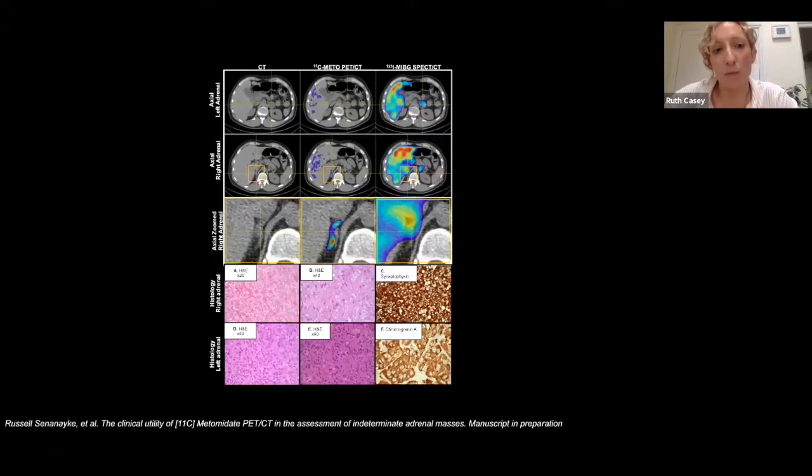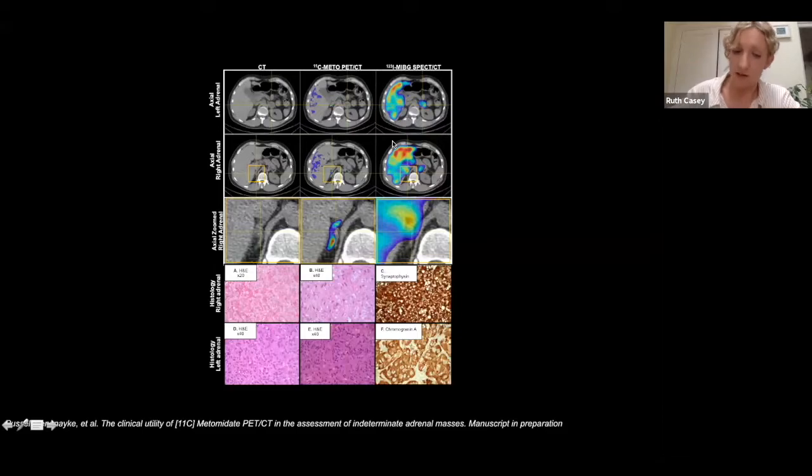But equally, we wanted to make sure it wasn't a benign pathology like a lipid-rich adenoma, which would spare this patient from needing a bilateral adrenalectomy and lifelong glucocorticoid and mineralocorticoid replacement. So we went on to do 11C metomidate PET CT. So you can see on this image here that the large left-sided adrenal lesion was cold on 11C metomidate, which